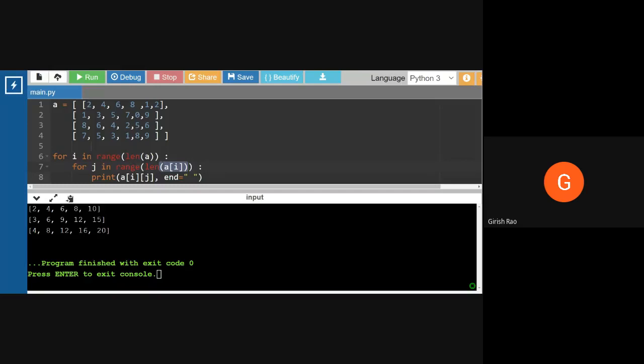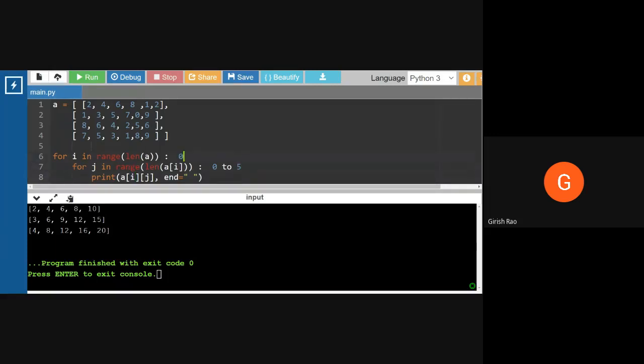What is the value of i in this case? It will start with 0. What is j in the range length of A of i? It will go from 0 to 5, since length is 6. So this will be 0 0, 0 1, 0 2, 0 3, 0 4 and 0 5.